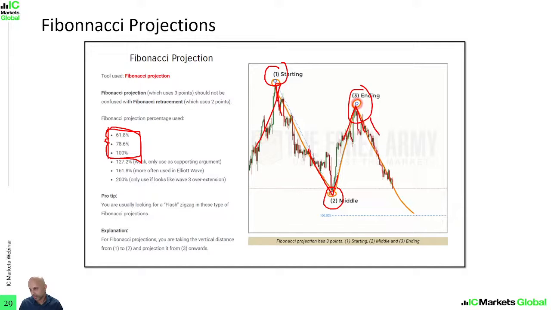So as price is starting to fall lower, we're going to use the Fibonacci projection to help us identify potential support areas. So we start at point 1, go to point 2, and then point 3. So at this point here, say we have opened a short position because price has made this significant swing high and is starting to drop lower. How would we identify our potential take profit for the short trade? We're going to be using the Fibonacci projection levels at 61.8, 78.6, and 100%.